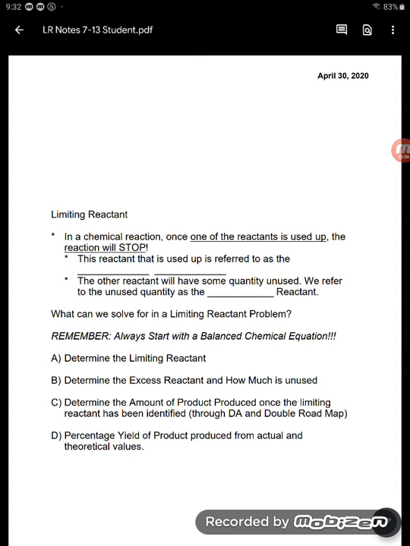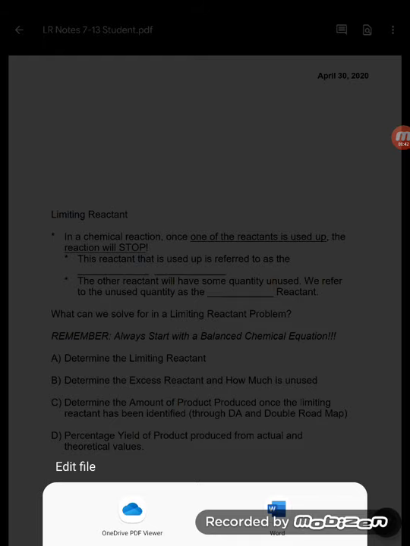It's about springtime. Hopefully, you can get outside a little bit, and you want to make s'mores, but you only have half a bag of marshmallows. When those marshmallows are gone, the reaction's done. The s'more making's over. So very similar to what we're seeing here in a chemical reaction,